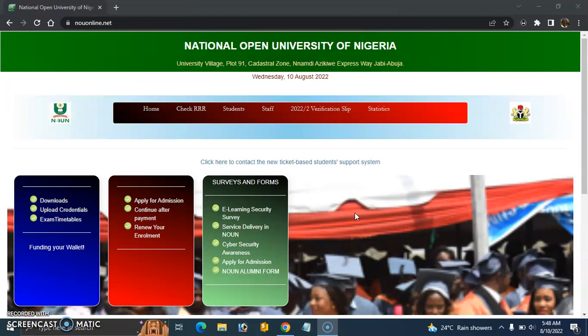Because there might be some people that are not NOUN students, but they will join the protest and maybe thwart the whole effort. So that's why. But these days, you can verify if someone is actually a NOUN student or not. If you are looking for your actual Coursemates, those that are studying the same thing in NOUN and are at the same level with you, perhaps the same semester too, you can find them from these